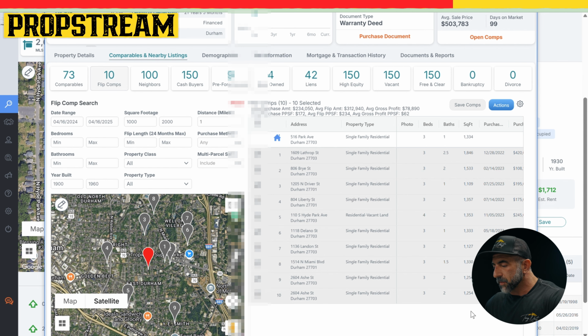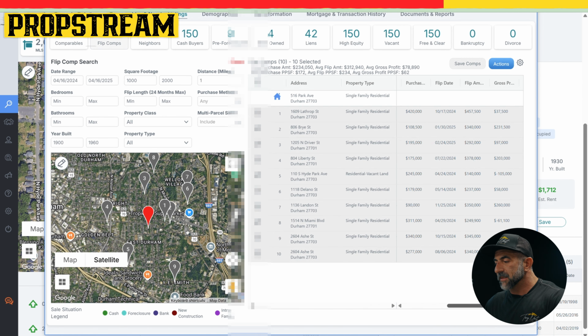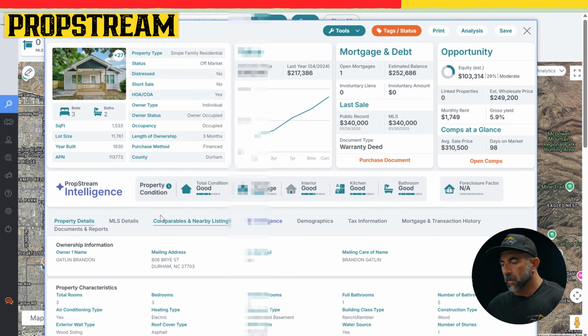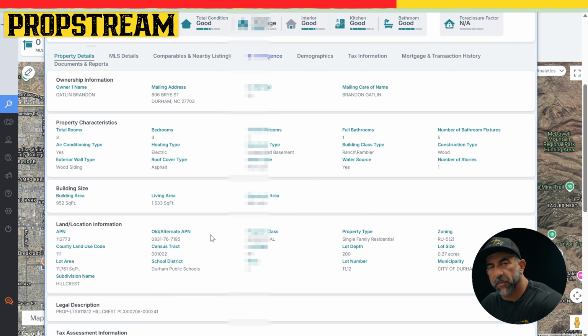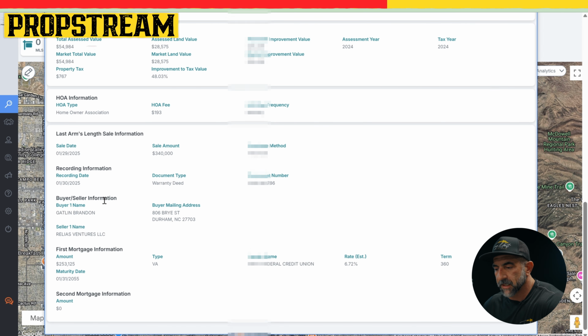What I like about Propstream is as we click on these flips, it does tell us what their gross profit was. It says what they purchased it for and what the flip amount was, meaning what they sold it for. So you can look at the gross profits on this column, and let's just click randomly on one of these flips. And if we click the details of this flip, let's see what it gives us. First tab of property details. It's going to give us some really good information because it tells us who the